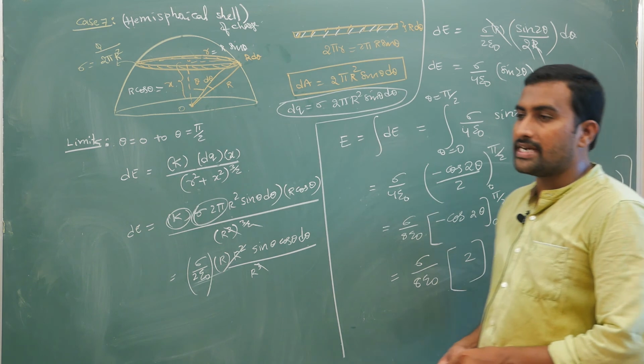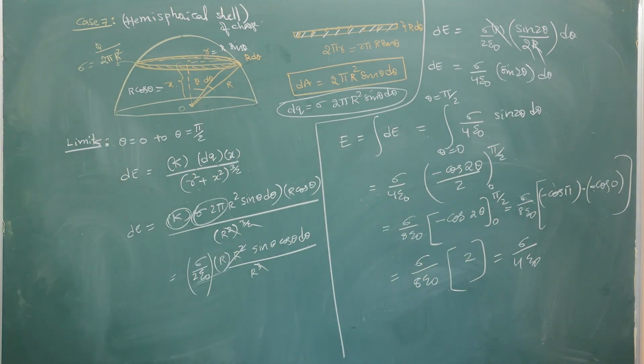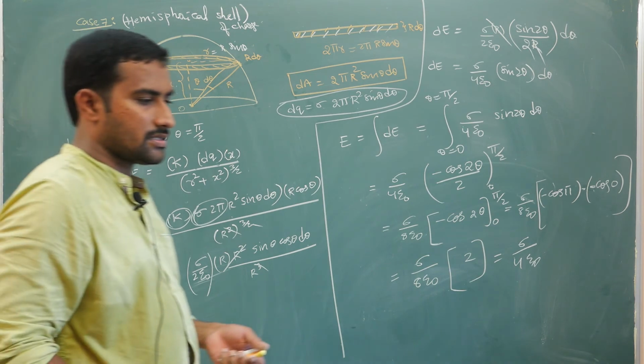Now if you observe carefully, it is independent of r. This result is not dependent on the radius or position, okay. At that particular point, it is exactly sigma by 4 epsilon naught. Now those who have done the field, try to calculate the potential here. In this figure, try to calculate the potential.